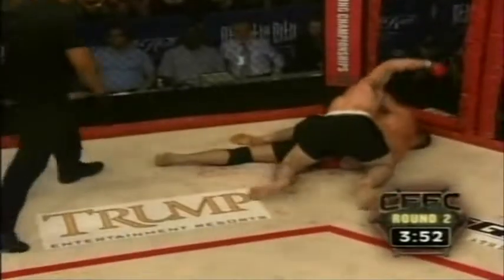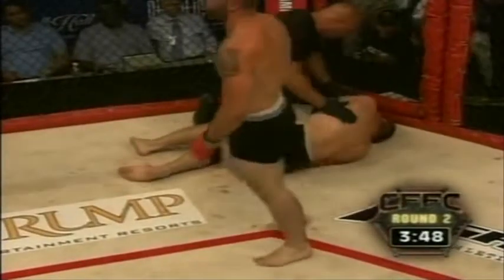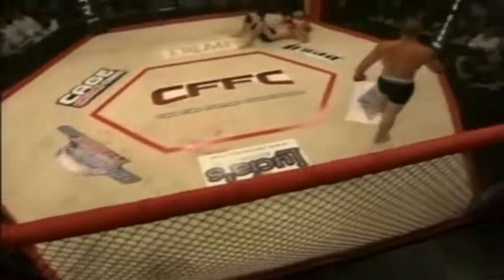He wanted to continue the ground and pound. Slams him back down. Goes back to blasting him to the head. It's all over. The fight is stopped by the referee. Noah is defeated. Josh Rhodes retains his championship. The ground and pound in the end proved to be too much. The strong striking game of Josh Rhodes